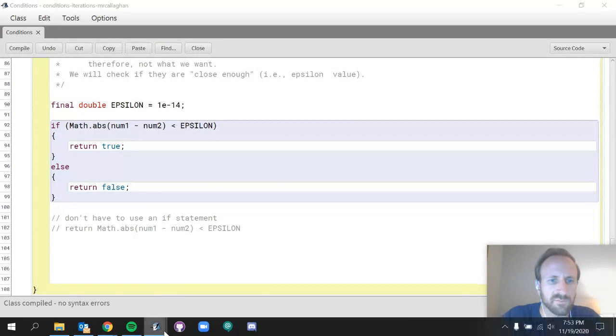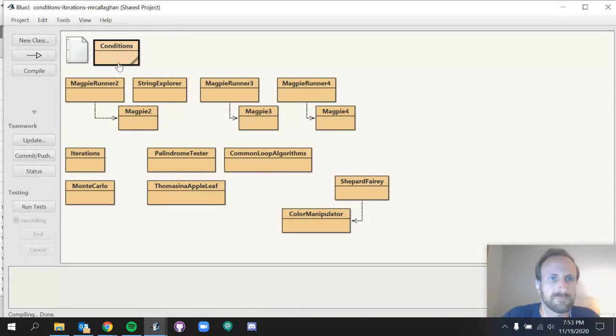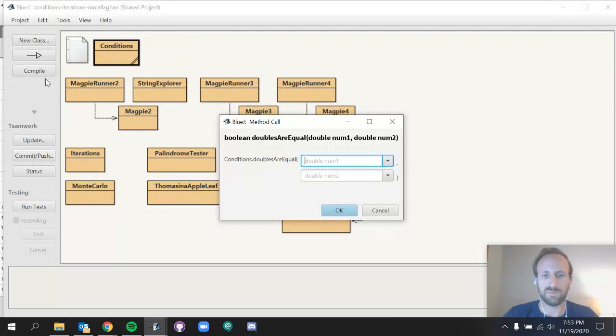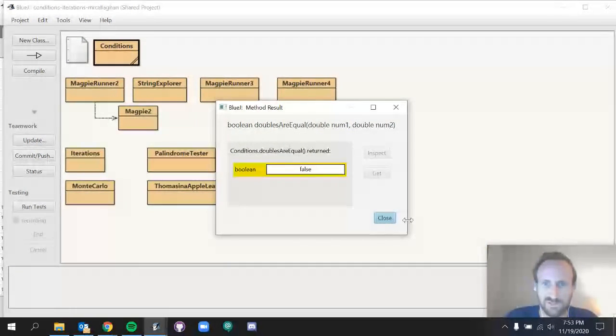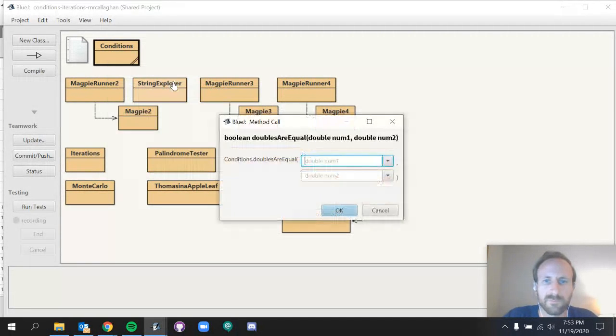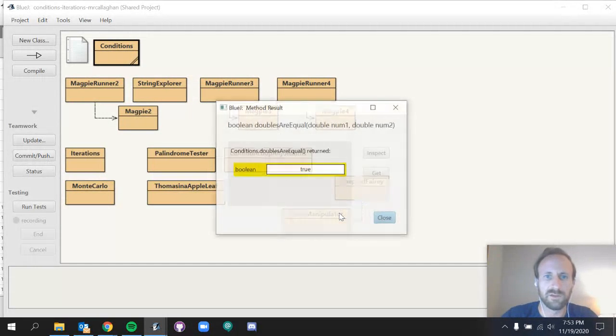So let's demonstrate this. With the doubles are equal method, we could take a couple values that are close but are not quite equal. Make sure that evaluates to false, and it does. Let's try some other values, 5.5 and 5.5. It returns true, so that's close